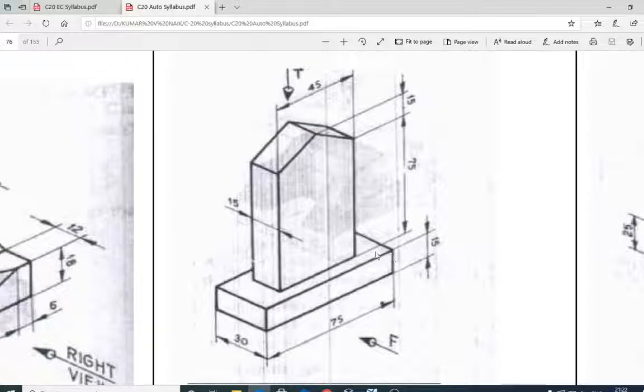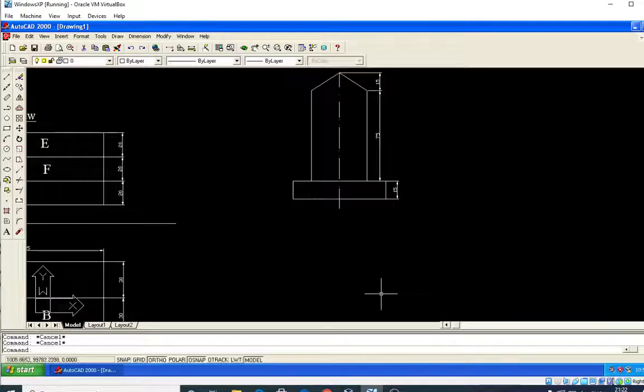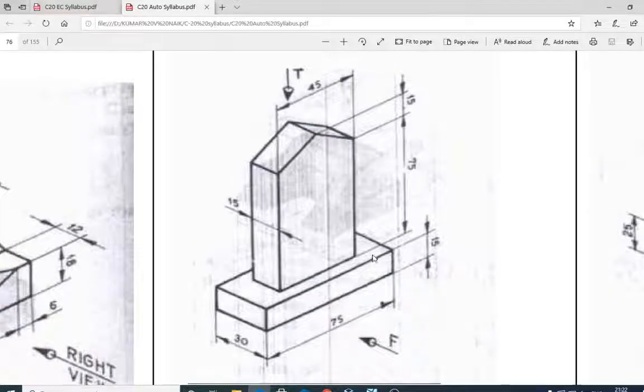Therefore, initially I will take the offset command. I will offset this baseline around 30 mm, approximate. You can take 30 or 40. Okay, this is ready. So it has a length of 75.